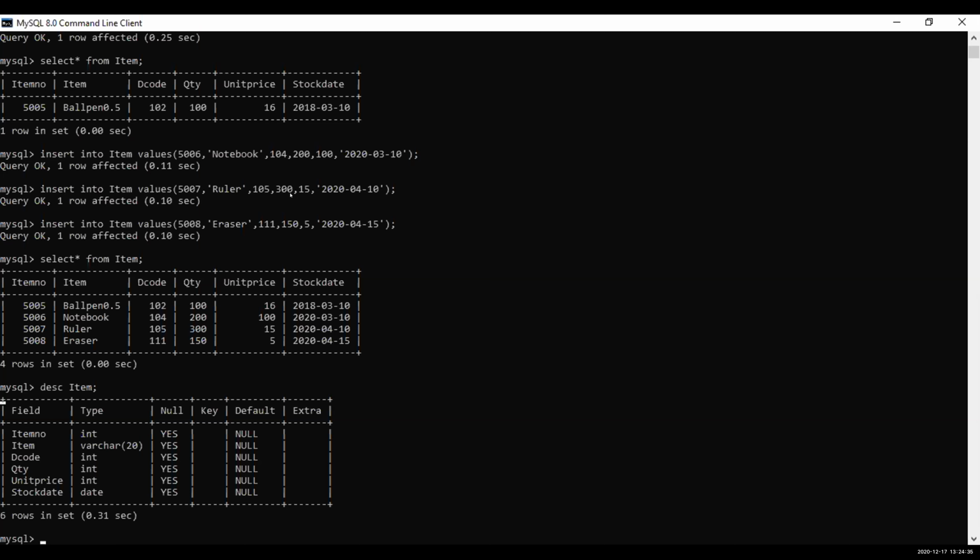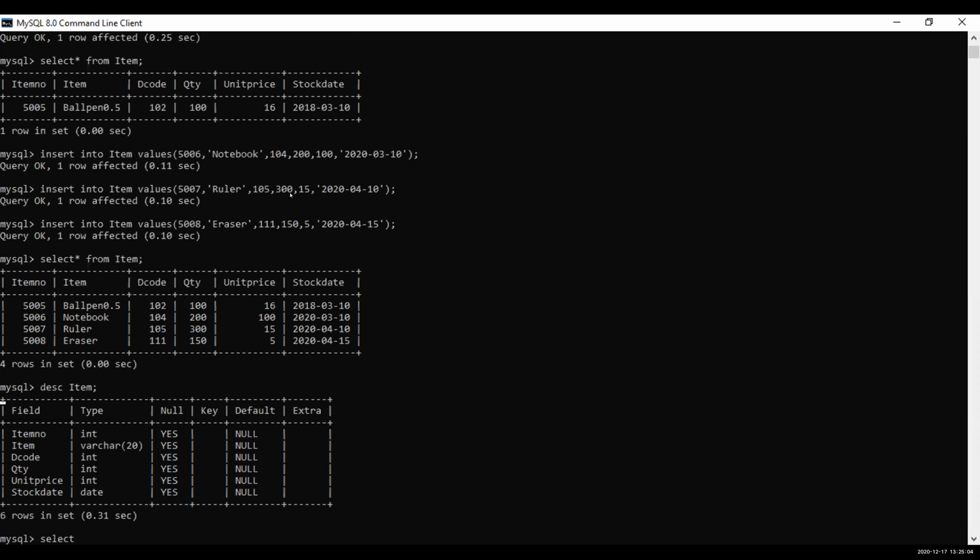Krishna Chandran, query. Select. Choose from unit price? Select. What are you saying? Select full details. So star, isn't it?